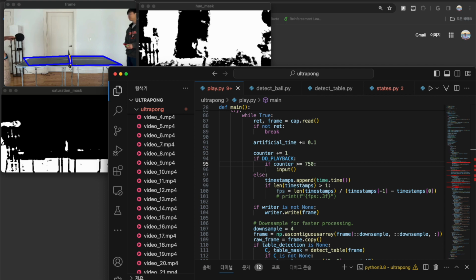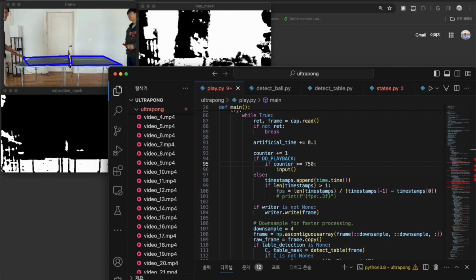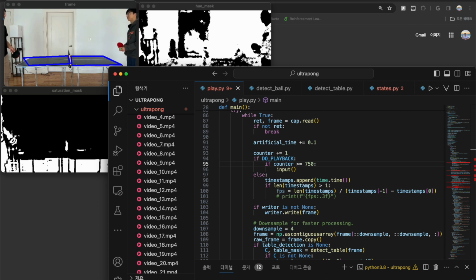I will additionally note that we have a table detector here, and this works by looking for dark colored sections of the image and extracting quadrilaterals from that. So as I step through, my roommate has the ball right now,